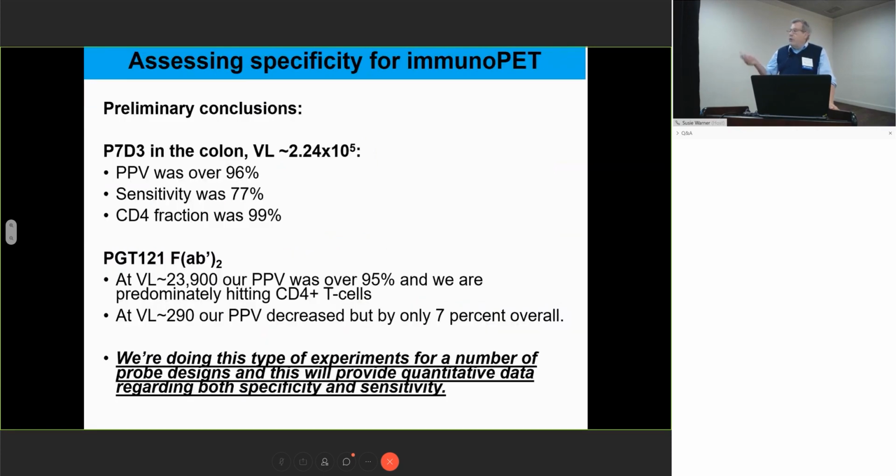But the point is we can quantify this. So we'll be able to give you numbers. And I think that's what folks, in terms of specificity and sensitivity, people have complained about. We need numbers. Looking at images is nice, and even though we quantify them, it's kind of fuzzy to folks. So I think this kind of information will be helpful in showing you how specific and how sensitive we are. And it'll help us in terms of comparing across probes and viral loads too, and across viruses.